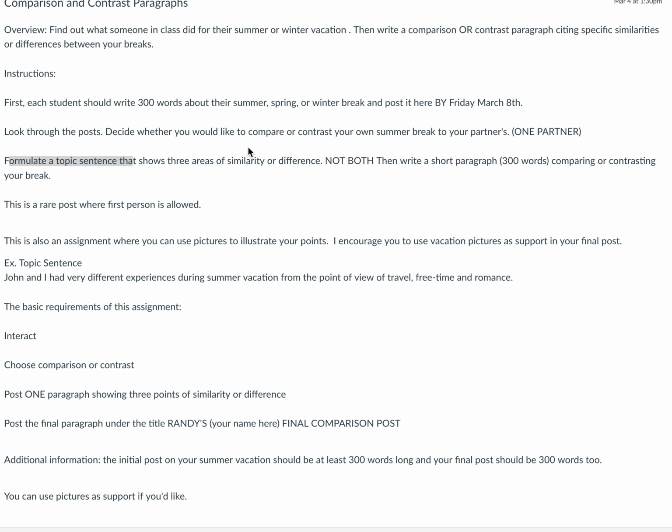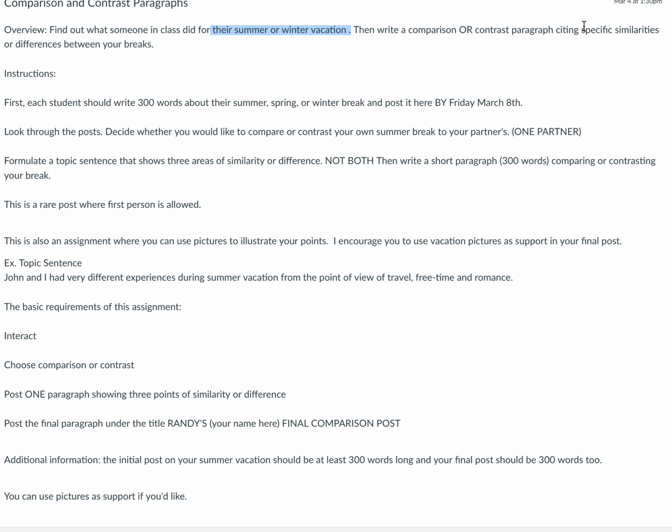So we will produce that source material from what we did on a summer or winter vacation. You could also use spring. Just make sure it's short enough that it doesn't encompass a year-long vacation. That's going to be a hard scope to compare or contrast. But summer, winter, spring, anything that you did on a vacation would be fine here. Write a comparison or contrast.